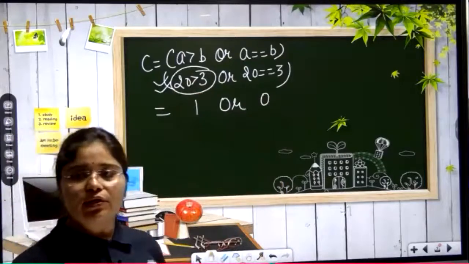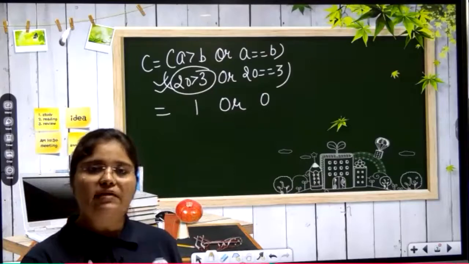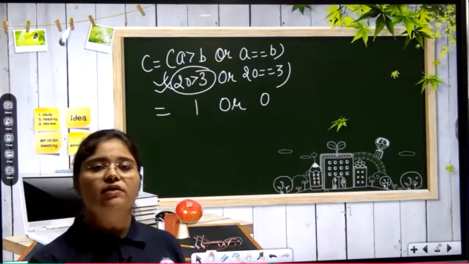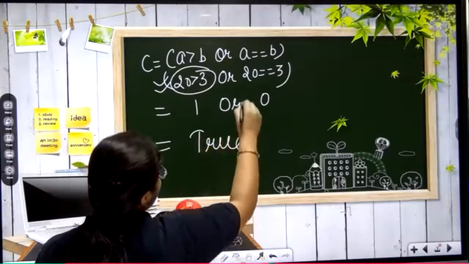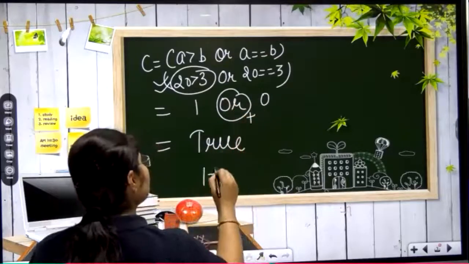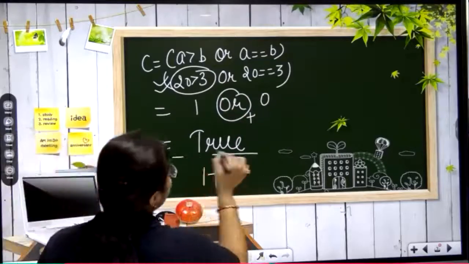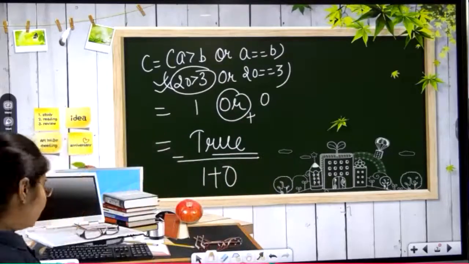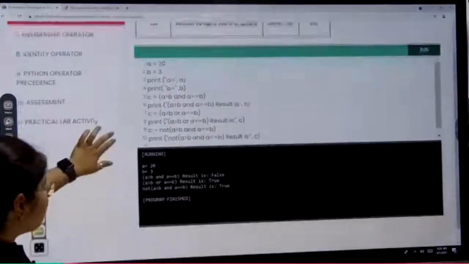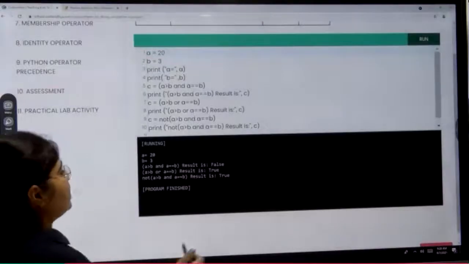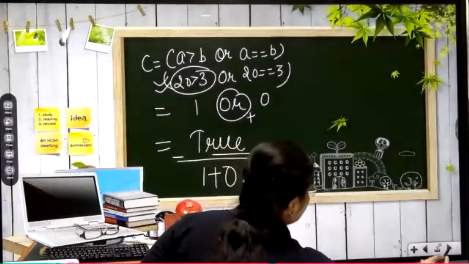But I have told you that in the or logical operator, if any of the conditions is true, if even one result is 1, then also the result will be true. So in this case, the output will be true because this will work as plus. If you plus 1 plus 0, the result will be 1 only. That's why in case of the or operator, we are getting true. Is it clear? According to the next line of your program, C not 8, and here you can see the output is true. So next line we will take here.